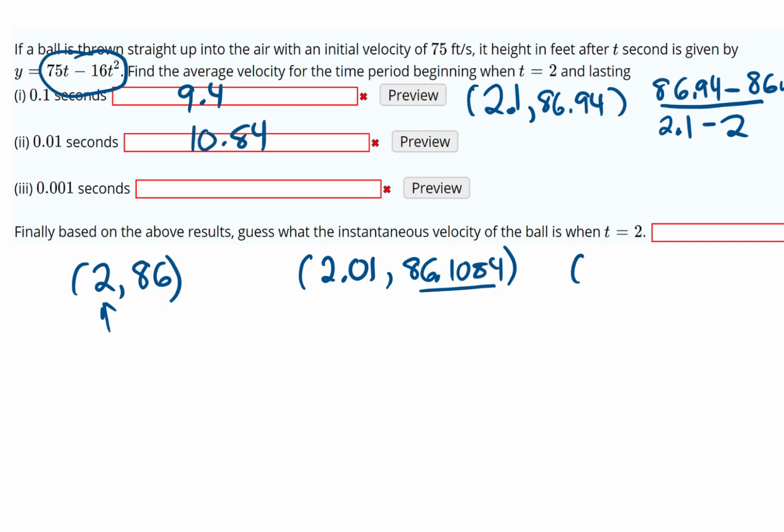Then we're going to do the same thing with 2.001. Take your calculator, plug that in the function, and then just keep that value in your calculator. It looks like it's 86.010984 and keeps going, but we'll just use that value in the calculator. So I'm just going to put the value right here. And we're going to subtract 86 from it. And then we're going to divide it by the difference between the two x's, which is 0.001. So that'll just move the decimal over 3 places. And it looks like we get